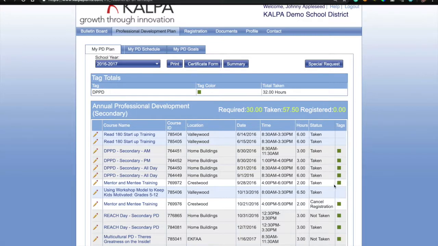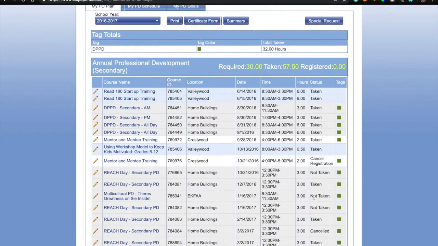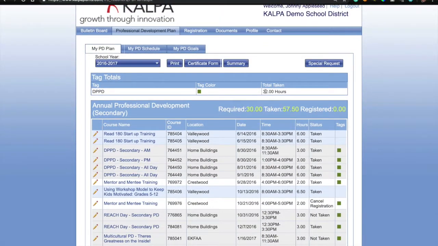So not all PD is DPPD, and you can see just the stuff that has this green tag next to it qualifies for DPPD. But if that PD has been marked as taken, it totals here. So not only has this teacher finished 57.5 hours of PD in total, 32 of those hours have qualified for